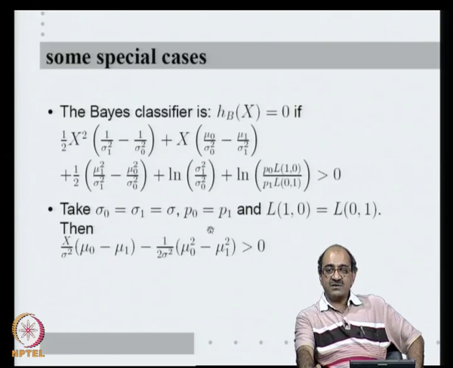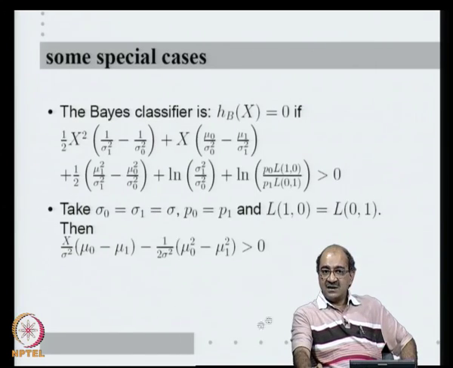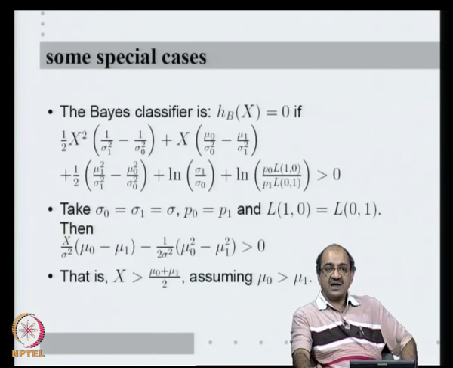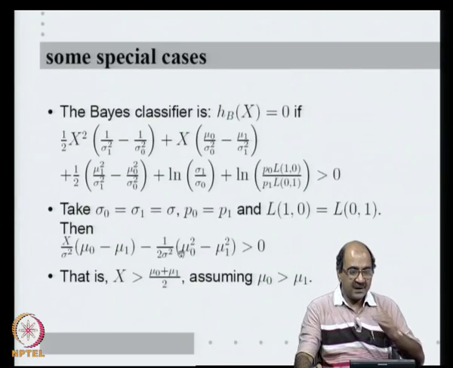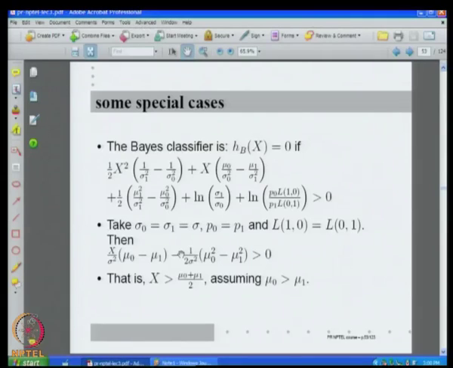So, in this special case, if the two class-conditional densities are normal with the same variance and the priors are the same and a 0 1 loss function, then essentially x has to satisfy this linear expression. Now, if I assume mu 0 is greater than mu 1, I can cancel the mu 0 minus mu 1 common factor without changing the sign of the inequality. So, that is, if x is greater than mu 0 plus mu 1 by 2, then you put in class 0, otherwise put in class 1. Here we assume mu 0 greater than mu 1. We can actually see that this is quite an